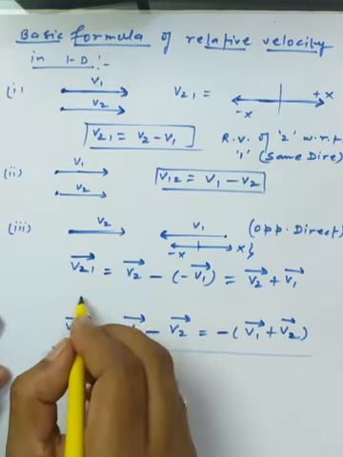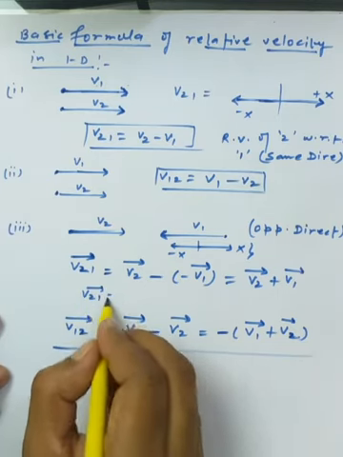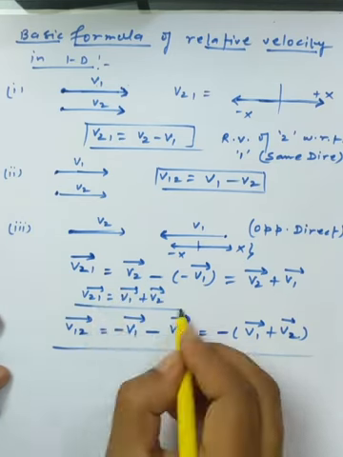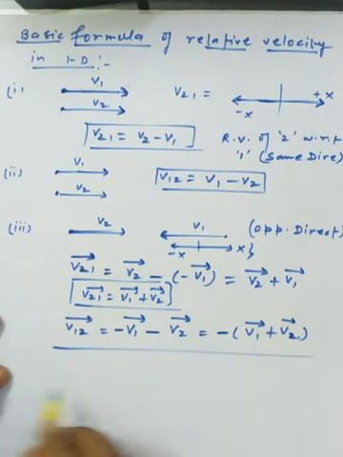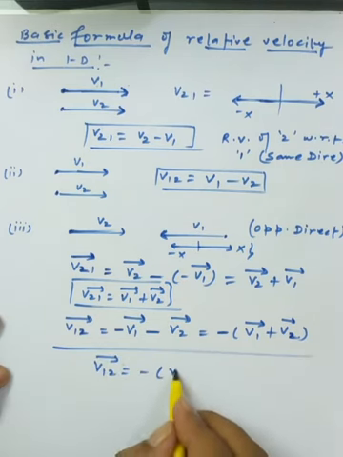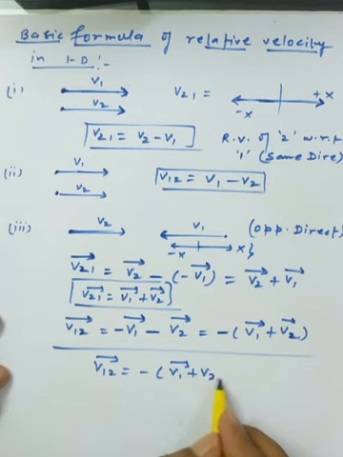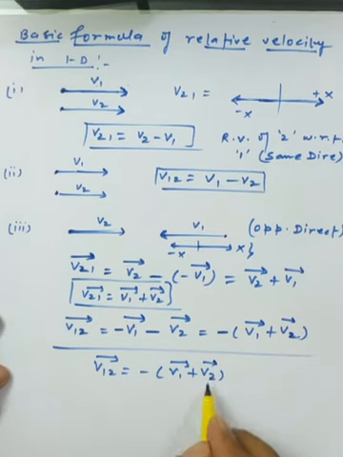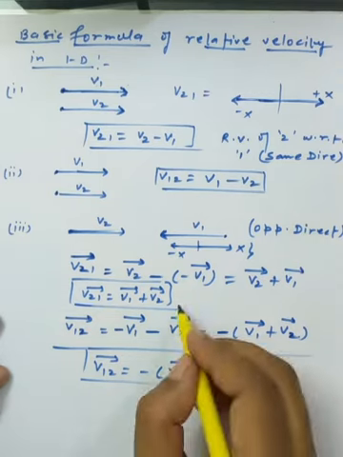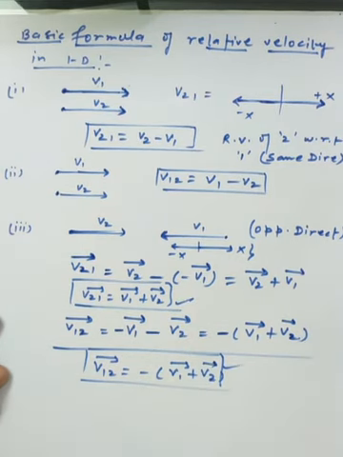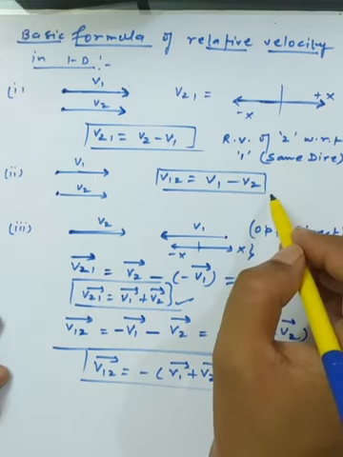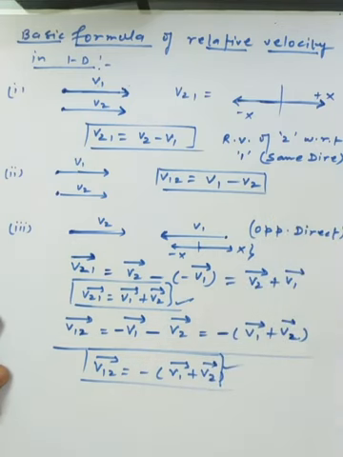So we are using that v21 is equal to v1 plus v2. I am just making the symmetry of the formula. This one is also a formula, and v12 can be stated as minus of v1 plus v2. So here we have the effective velocity along the negative x-axis, and here we have the effective velocity along the plus x-axis. Now we have two formulas in which the two objects are moving along the same direction.